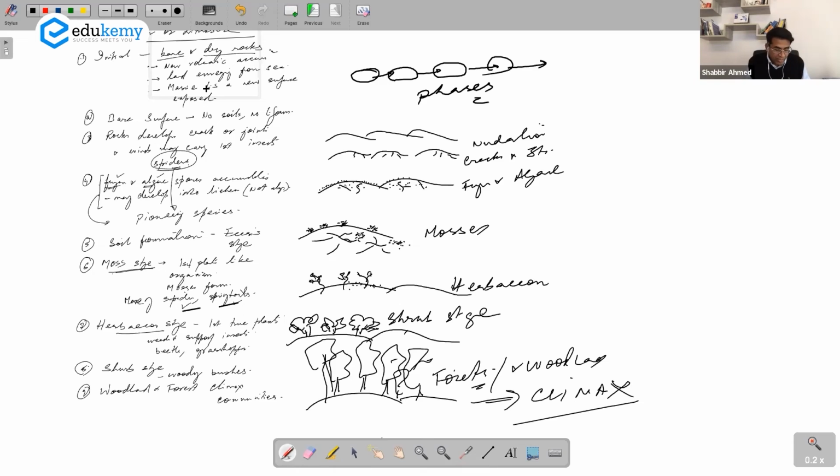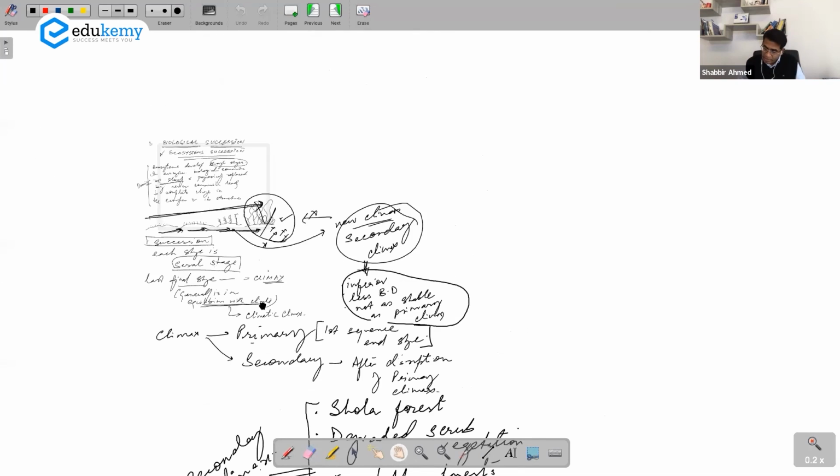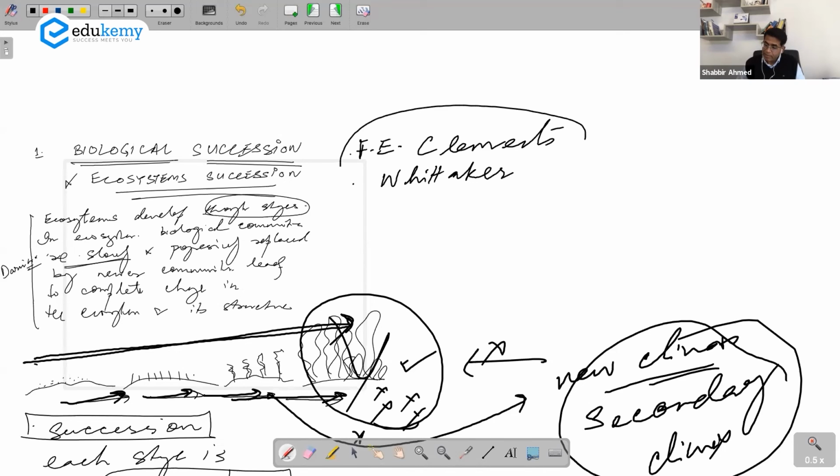The next talks about the phases of biotic succession. And by the way, just know this. Who are the people who studied this? Remember two names. One is Clements, and the other is Whittaker. Remember both these names. Use these names wherever you can in your discussions: F.E. Clements' concept and Whittaker's concept. Then he talks about the phases of biotic succession: nudation, migration, ecesis, reaction, stabilization.